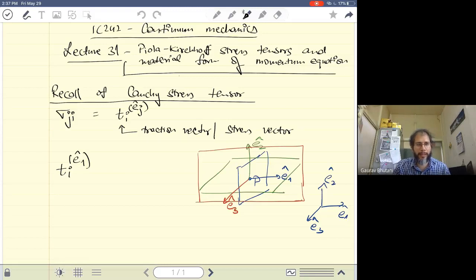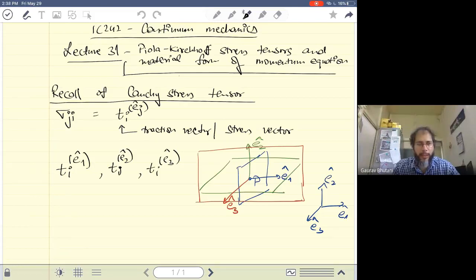So when I say a plane in the direction of E1, for this discussion, that means a plane which has a normal in the direction of E1. So direction of a plane simply means a unit normal pointing outwards from the plane. Okay, so the traction vector on plane E1, which is the blue plane, has three components which denote the components of the traction vector in three perpendicular directions, that is in the direction of E1, E2, and E3. Similarly, you have T in the E2 plane, which is the green one, and then we have a traction vector in the E3 plane, which is the red one.